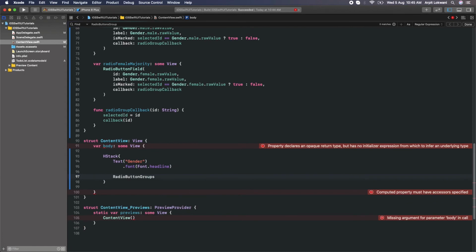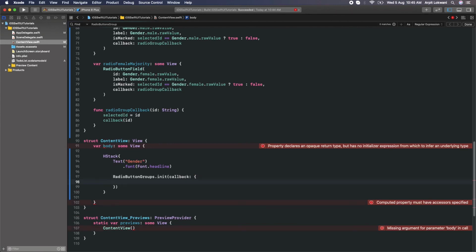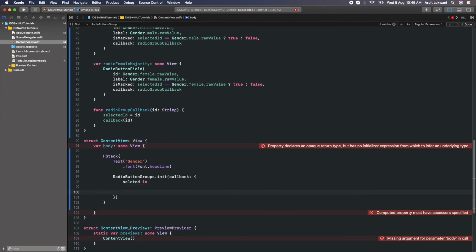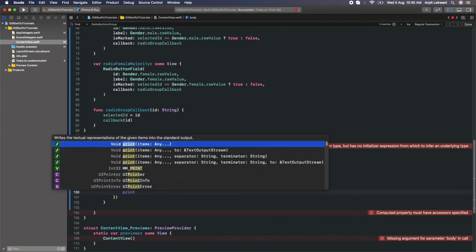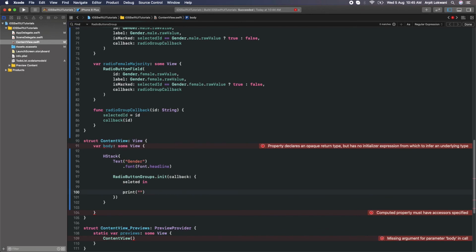Fine. And we can put the radio buttons groups now, saying that, and what should be the values, that will be the selected in, and now my plan is to only print the selected values. So I will do that. What you want to do, you can do it, but my plan is to show the selected gender.